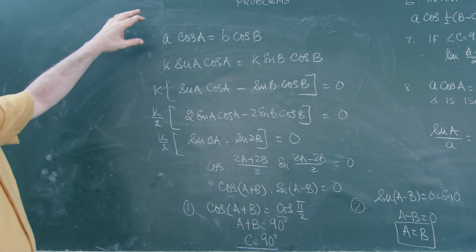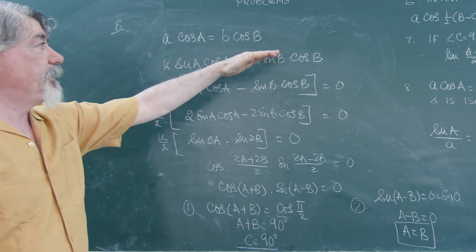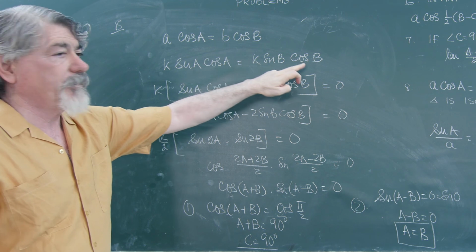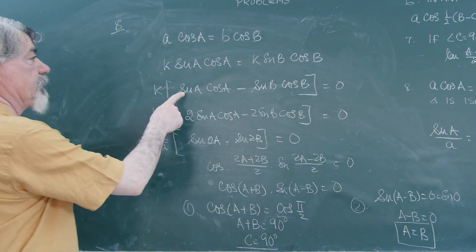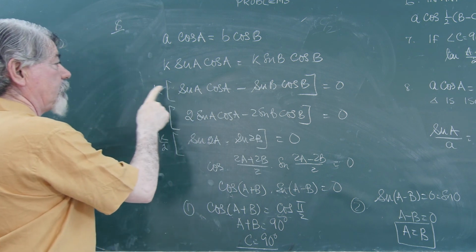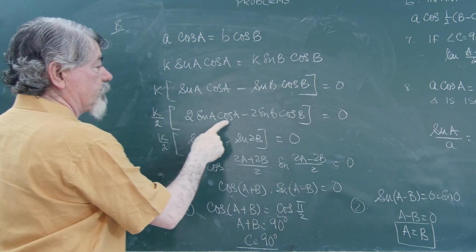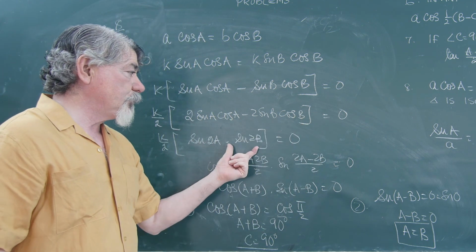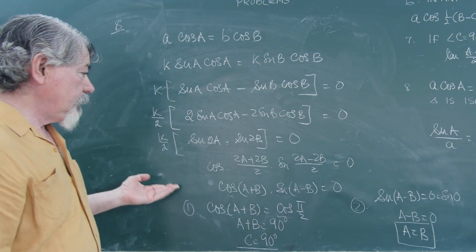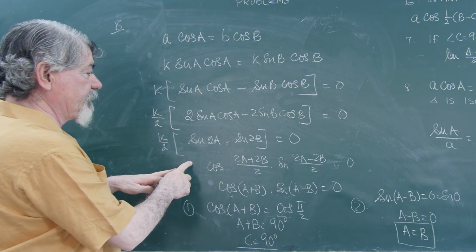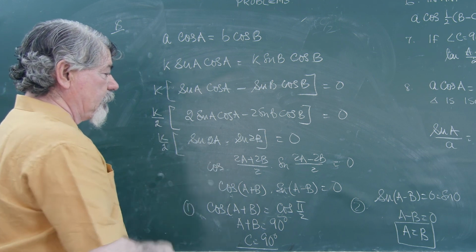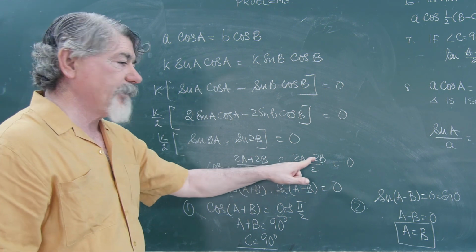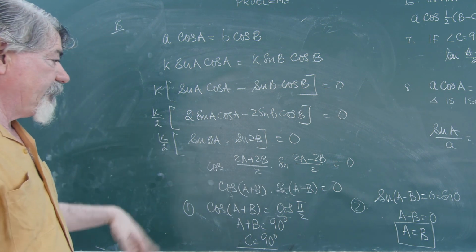What we did was, we started with a cos A is equal to b cos B, which we wrote in place of a, k sin A, and in place of b, k sin B, brought both the terms together, multiplied by 2, divided by 2, 2 sin A cos A minus 2 sin B cos B is equal to 0. It became sin 2A minus sin 2B is equal to 0, with k upon 2 outside. When we write sin C minus sin D is 2 cos of (C plus D) upon 2, sin of (C minus D) upon 2, the 2 will cancel, only k will remain here.